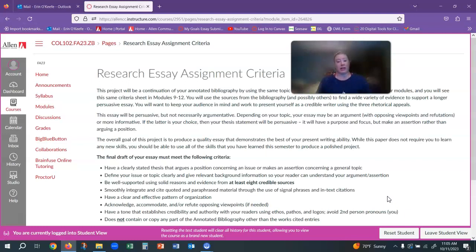Then we get the research essay criteria. So this is the criteria for the actual essay. I don't think you've seen this yet, but there's just been an overview of what you're going to be doing. This is the essay itself. Now the essay itself is not due for another couple of modules, so you have plenty of time to be working on this, but this essay is going to be the hardest essay in the class. It's going to be the longest essay in the class,